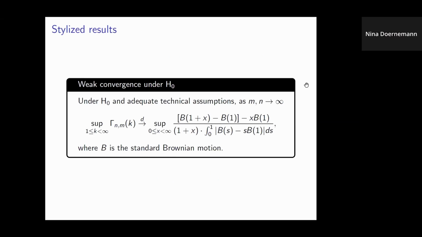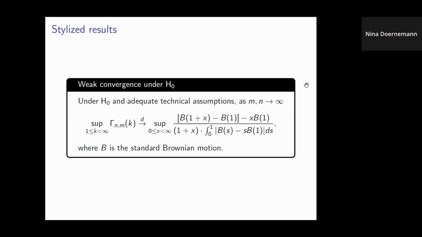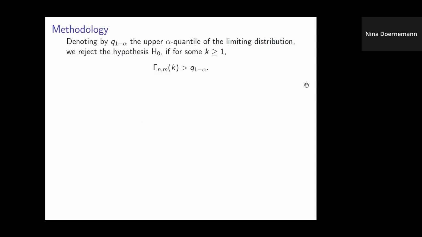There are some technical assumptions that we're going to have, but some of them I presented already. For instance, we have phi-mixing time series. Then under the null hypothesis, we can get this type of approximation. B here is a standard Brownian motion. So this is a type of standard limit in the numerator that you may expect if you are familiar with CUSUM statistics. And then here, this arises from the self-normalization. So this sum that we have here will converge to some integral, where again we have, okay, so this is a type of result that we're able to prove